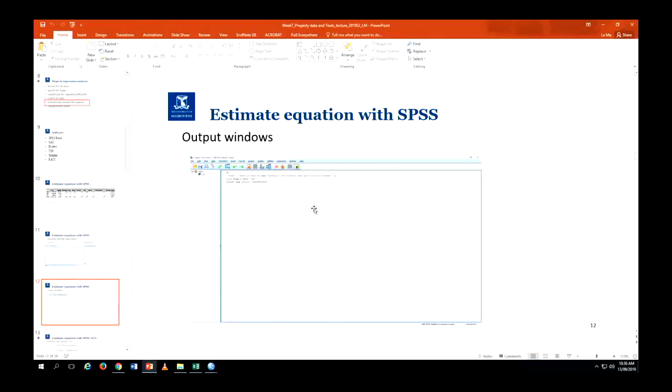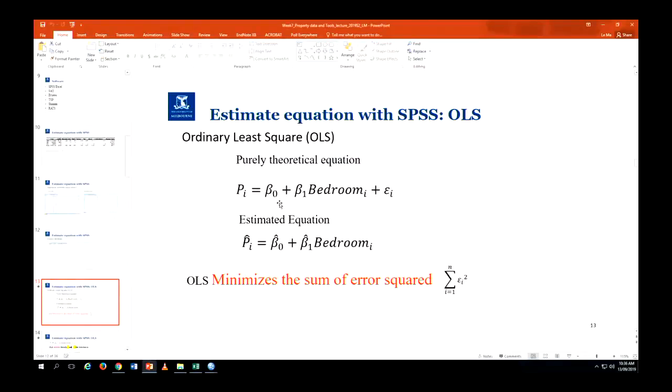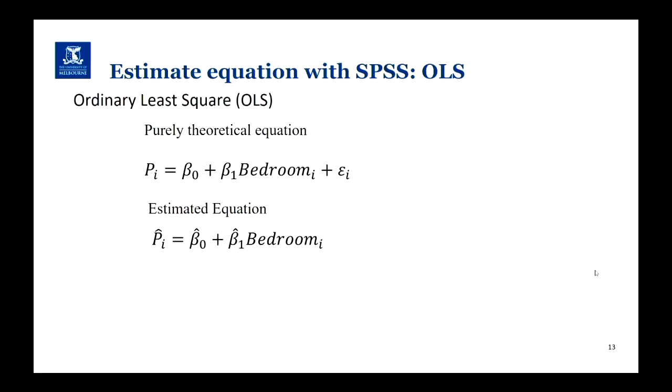And then we will see all the output in the output window, which is here. So now you can see it recognizes our activities in the SPSS. What we have done so far is we have imported the Excel sheet. Then we are going to estimate the regression model in the